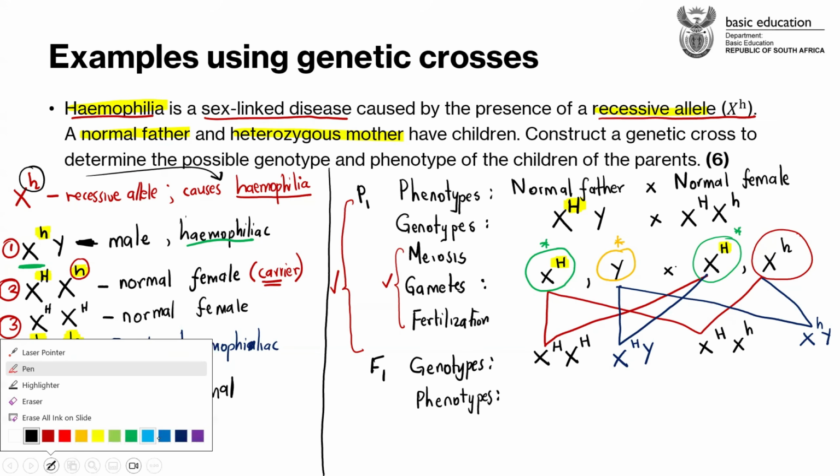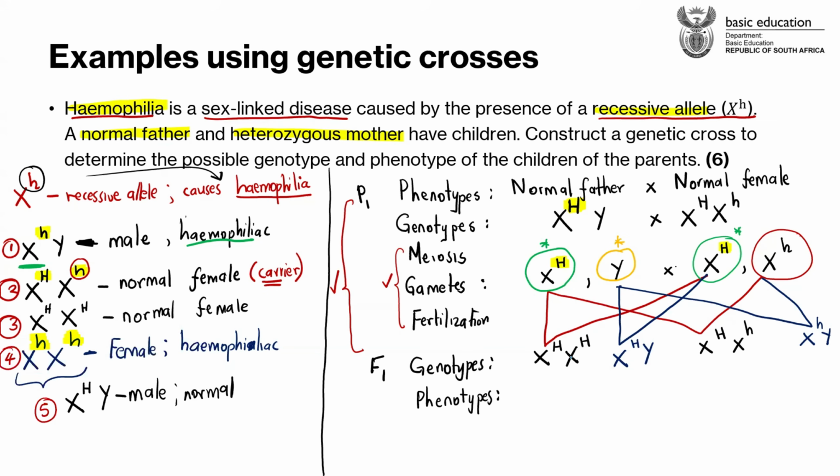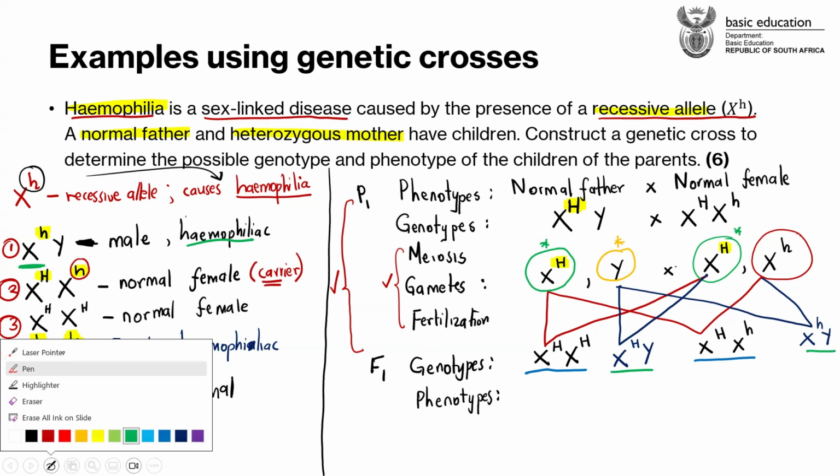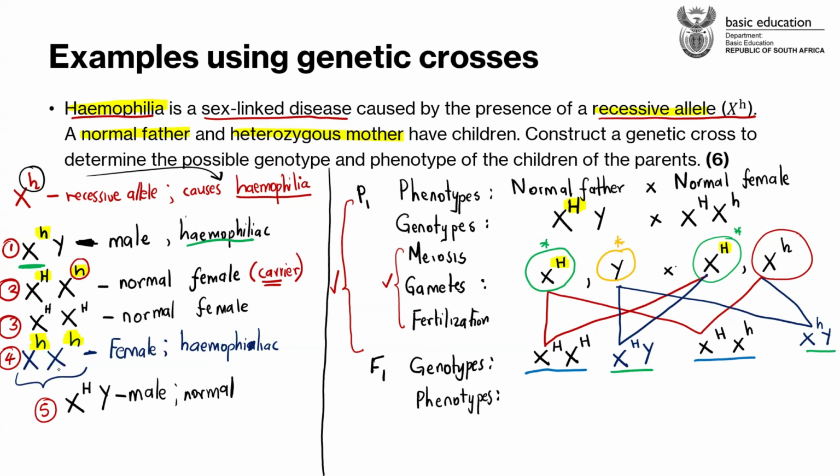Obviously, you already know that this genetic cross is similar to a sex determination genetic cross. We must have two females. So this is a female, this is a female, of course they're having XX. And we have got two males as well. So this is a male and this one is also a male. Now I want you guys to comment on their phenotypes with respect to this condition, hemophilia. How many males are we having that are affected? How many females are we having that are affected? Let's see.